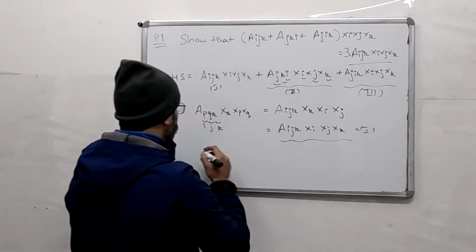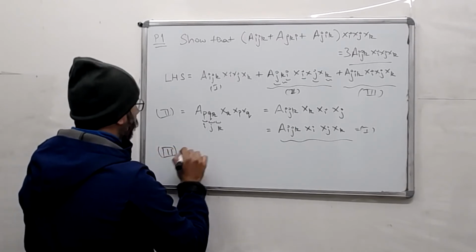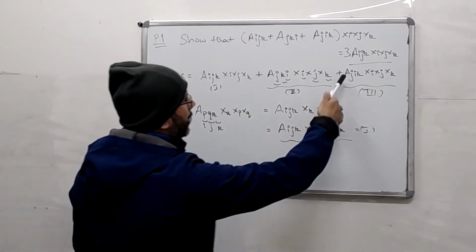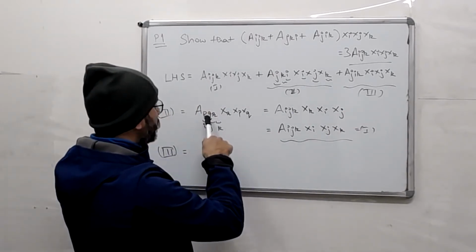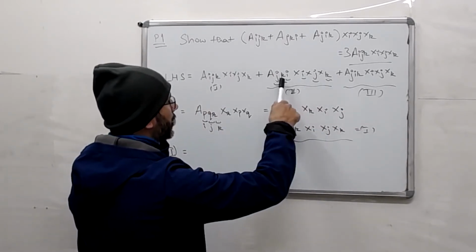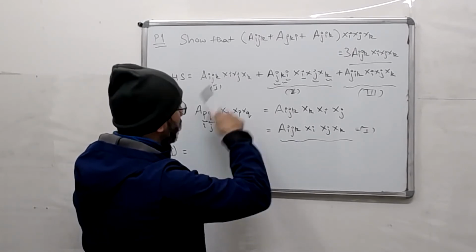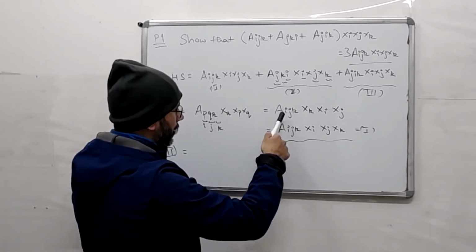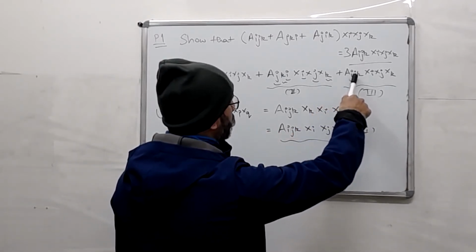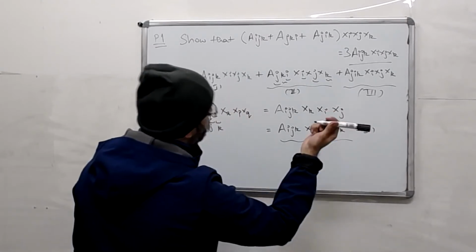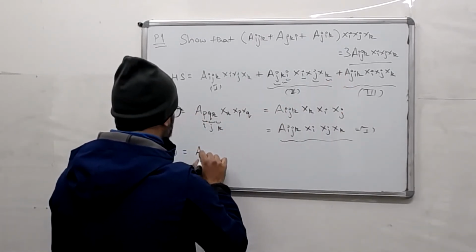And similarly, we can show that 3 is also equal to 1. In fact, I can do it quickly. I can do all 3 indices. So in this second case, I replaced them in steps. So first I replaced ijk with pqr, and then I replaced them back with ijk in a different order. So I'll do 2 steps at the same time. So I'll replace j with i, and k stays as it is.